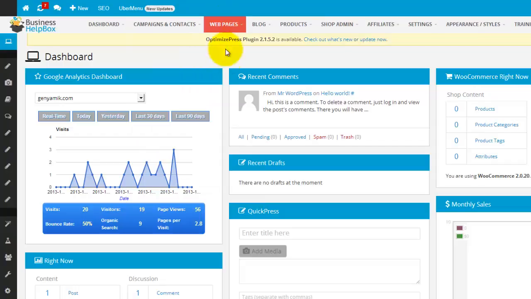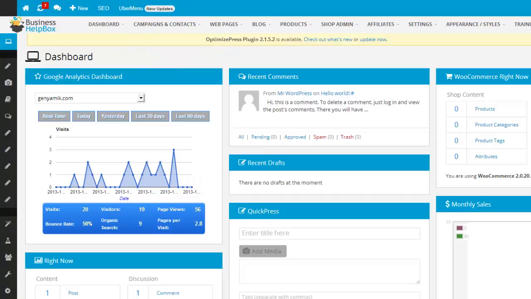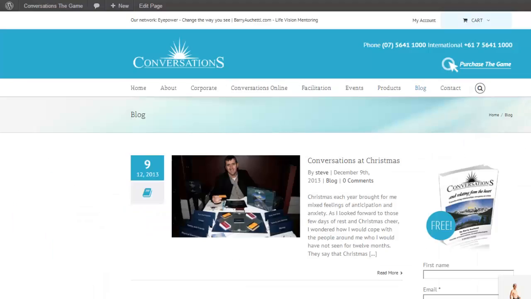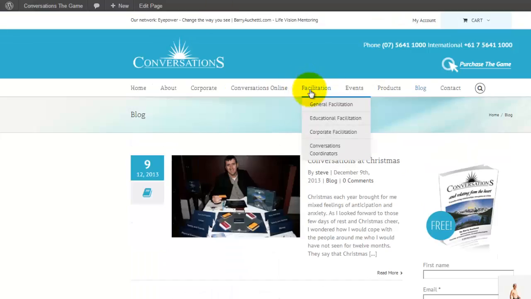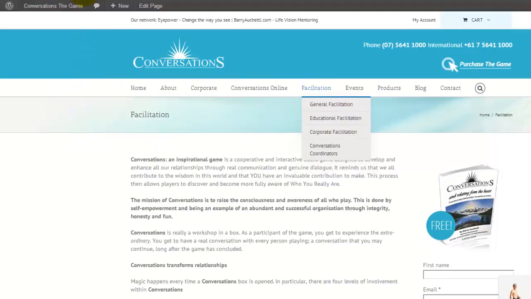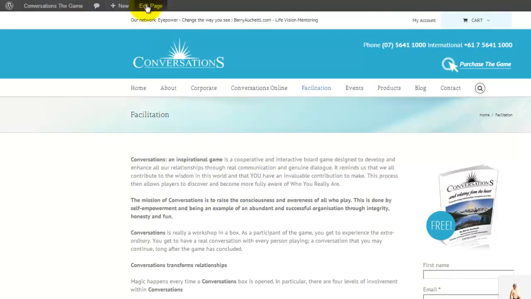Now your web pages, all your existing web pages, generally depending on the box level, but most of our boxes at Business Help Box will include bringing all your content and adding all your initial website content onto your pages, so that you can quickly go to a web page, for example, facilitation, and if you want to make a quick change to it, once you're logged in, you can go up to the top, and so I'm on this facilitation page. You go up to the top, click on the edit page button,